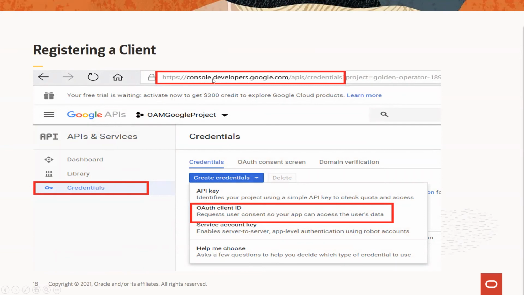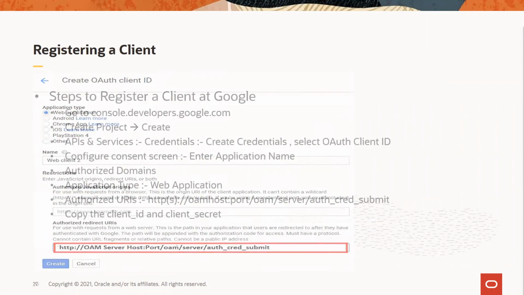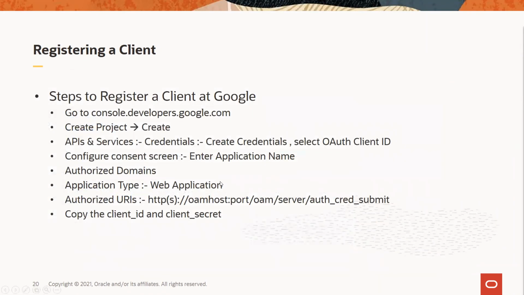You go to console.developer.google.com, then create credentials, OAuth client ID. Once you enter the relevant details, you get the OAuth client ID and the client secret. And of course, you have to create the authorized redirect URI as well. Then similarly, we have already seen these steps here.